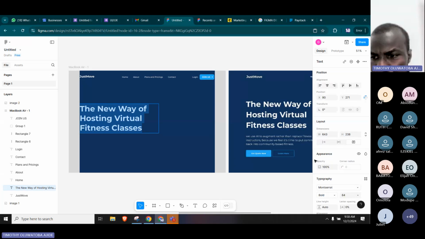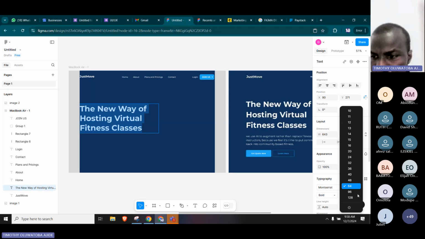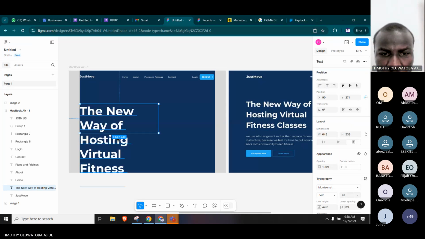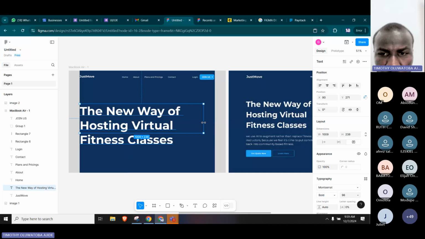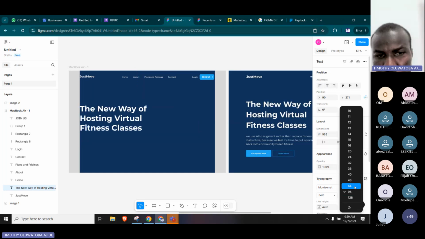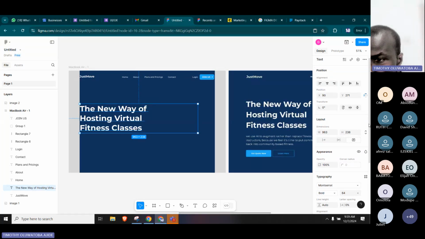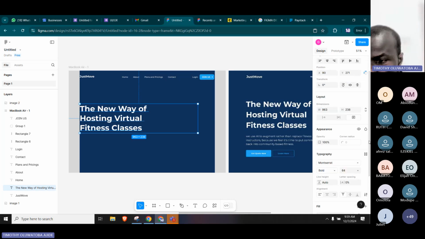So let's increase the text size again. So increase it to 96. So we can adjust this from here. Or we use 64. We'll just stick with our 64. Then we can also do some little bit of adjustment